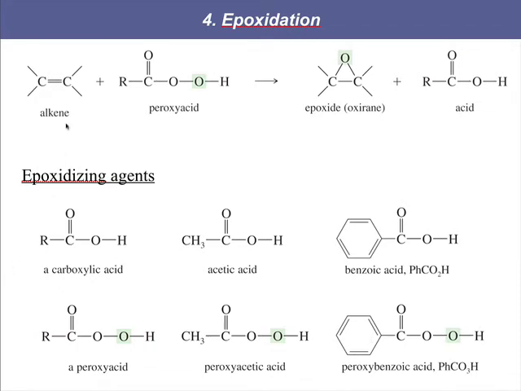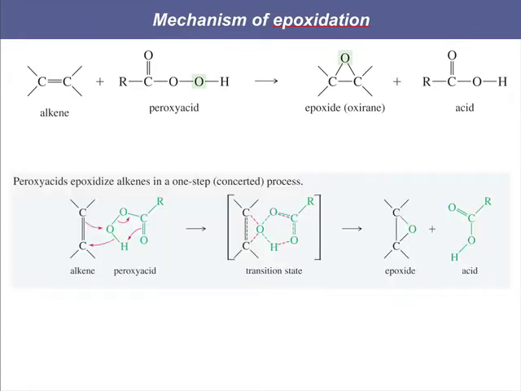So this is an interesting mechanism. We're also making a three-membered ring, like we said, like with carbenes. So let's see if it works the same way. It kind of does. Here's the mechanism. The mechanism begins by the double bond, again, acting as a nucleophile, as it does in all these cases. It's going to add to that extra oxygen, the oxygen that makes the peroxy acid different from a normal carboxylic acid. But instead of that oxygen feeding directly back into the double bond like the carbene did, there's this other